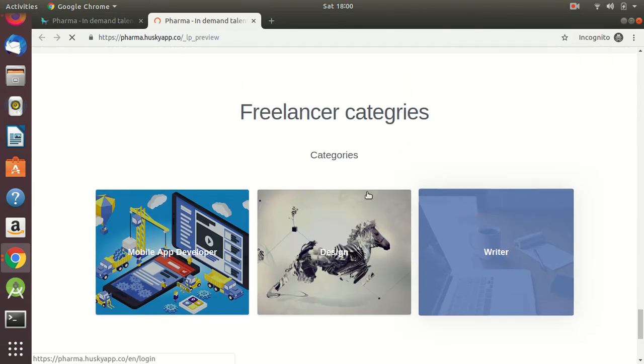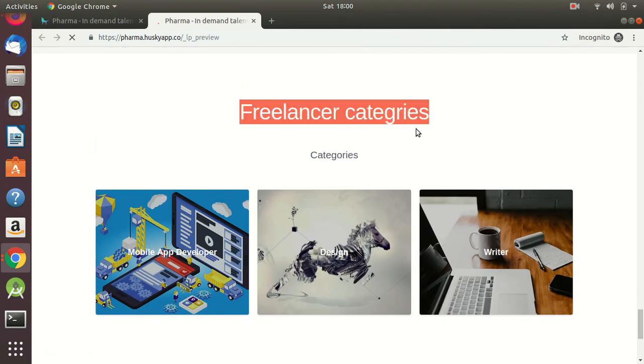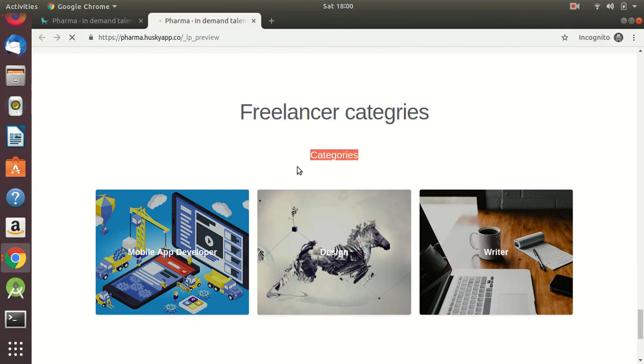So we have added the categories. This is how we can add categories in the landing page.